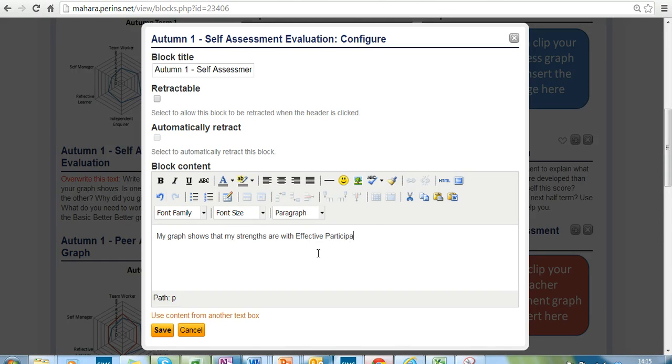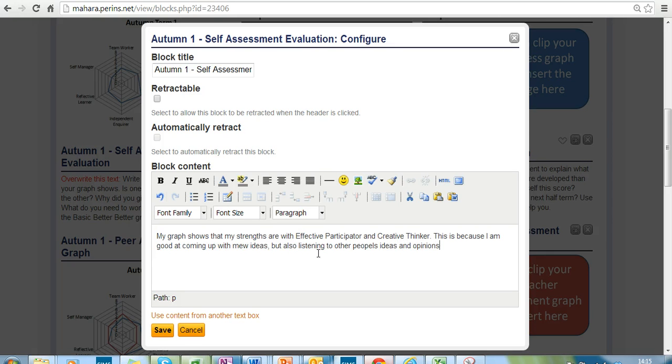Effective participator and creative thinker. This is because I am good at coming up with new ideas, but also listening to other people's